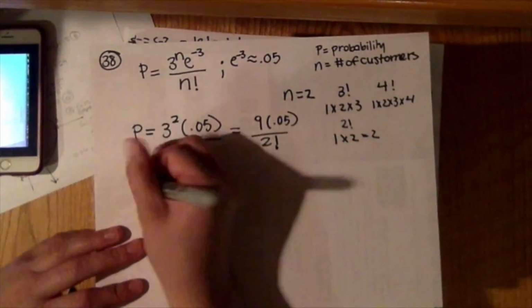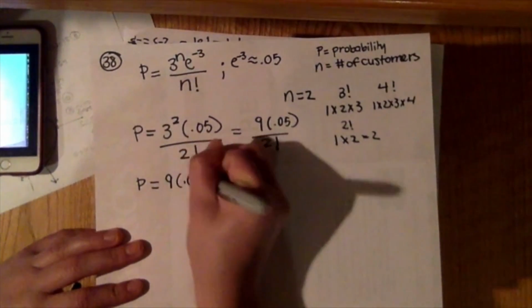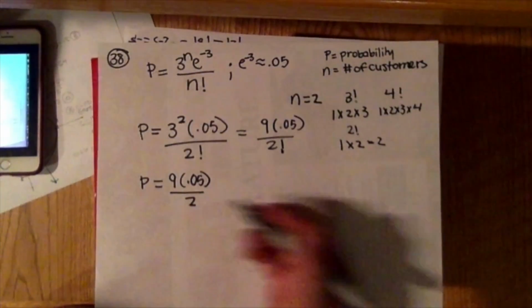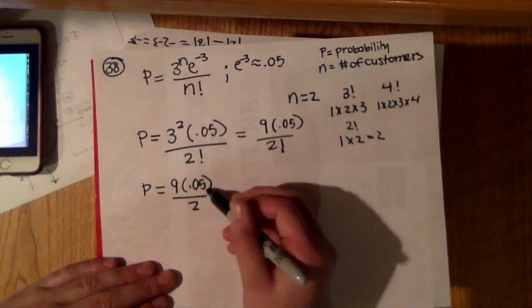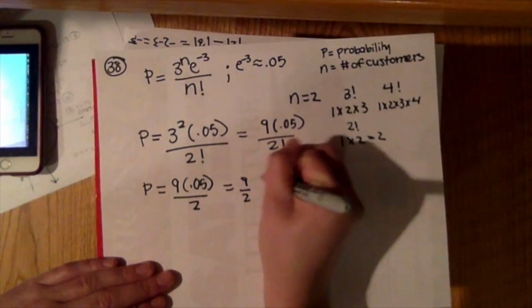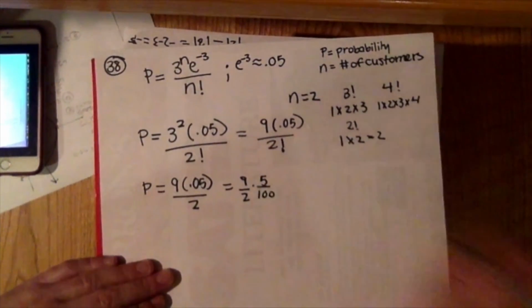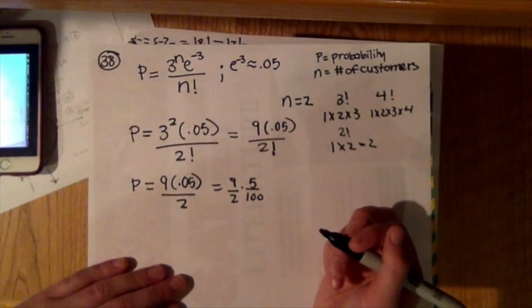So we can simplify our equation: 9 times 0.05 over 2. Now that looks a lot better. All we have to do now is clean this up. So I always like to replace this with 9 over 2 times 5 over 100. I don't know why, I just think it makes it look easier. That leaves us with